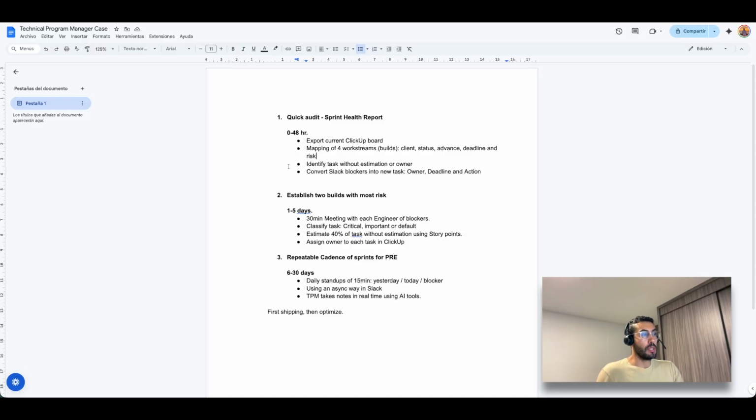Then I convert the Slack blockers from the Slack thread. I have to convert that into new tags with the owner, the deadline, and action. In the second part, regarding the first 5 days, well, I create